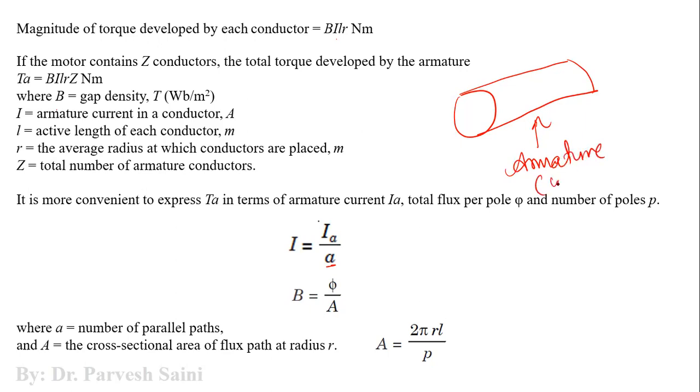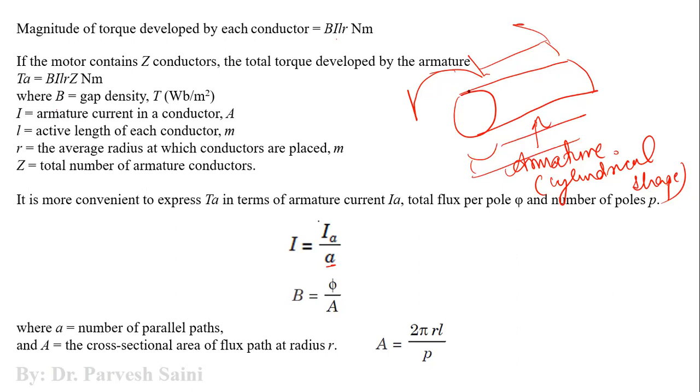So it is a cylindrical shape, the armature is a cylindrical shape, right? So we have the poles like this, okay. This is a cylindrical shape, it has some radius R, it has some length L, right? So its area which is exposed to the magnetic field, per pole, that